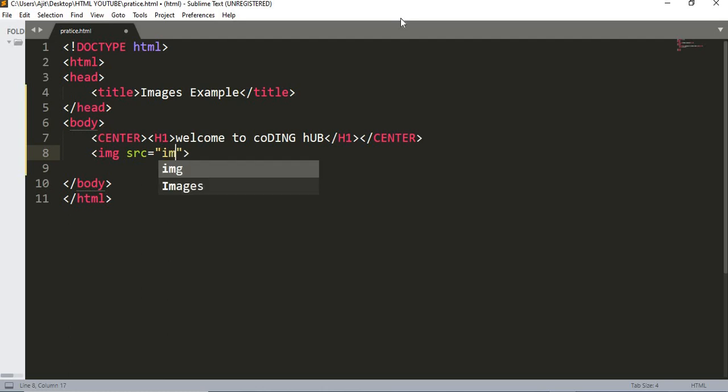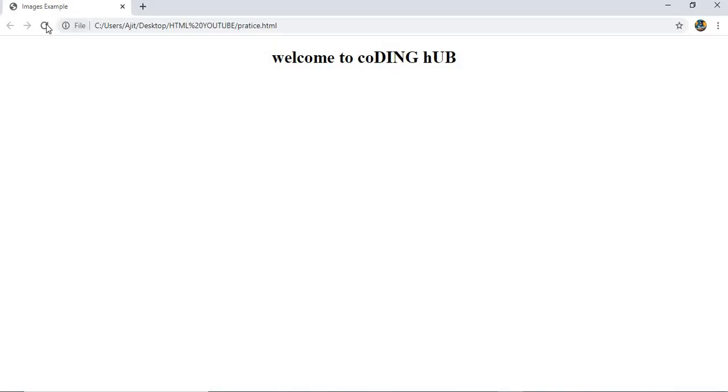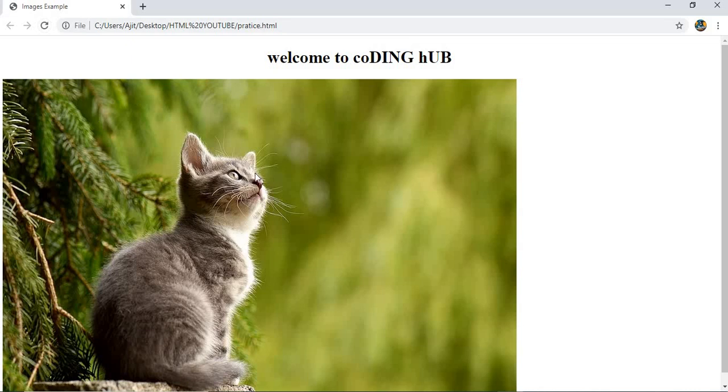So images slash cat1 dot jpg. Fine, we have made it. Let's press Ctrl S and check whether we are getting the output. Yes, we are getting this big image of our cat.